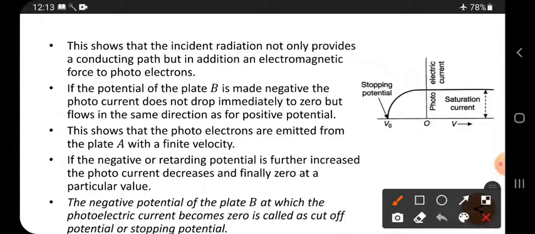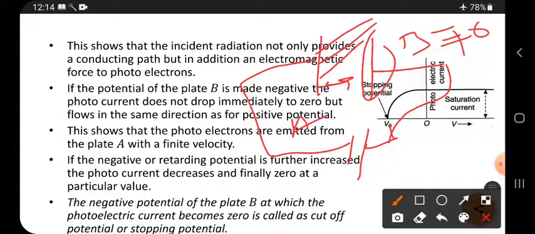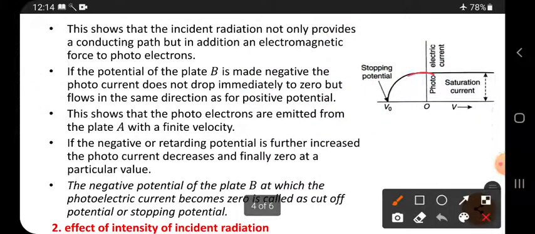Here, we have already seen the diagram. It is a plate, it is a B plate. B is connected to the positive terminal of a battery and A is connected to the negative terminal of the battery. And light falls on the A plate only. What happens? It produces electrons. Electrons are absorbed by B when it is more positive. When its potential is zero, then what happens? Electrons are still produced. Those electrons can travel towards the galvanometer, and the galvanometer can show the current. See, this is the diagram.